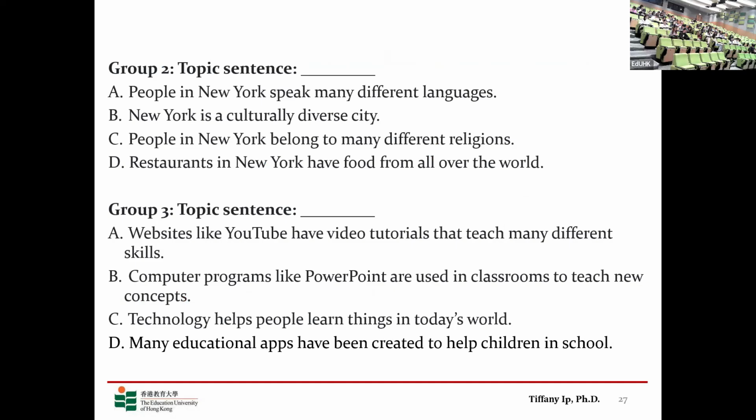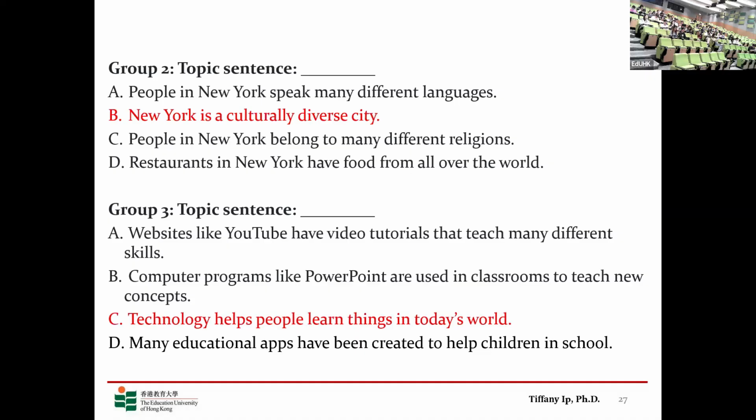C. Okay, all correct. And so technology helps people learn in today's world. Learning would cover, first of all, technology covers websites like YouTube and then computer programs and the educational apps. And then the learning part covers the video tutorials and then the new concepts and also